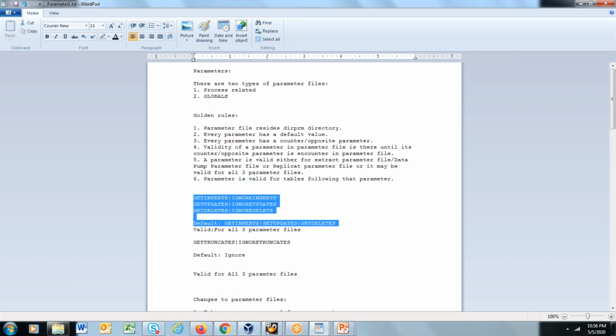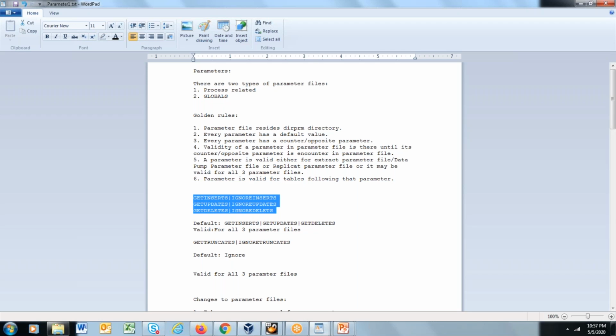Apart from that, each parameter is important, and depending on the usage, depending on the requirement, you will be using the parameter. However, if you have one-to-one replication, like source to target replication, and you don't want to do any filtration, you will be using these 8 or 6 parameters that we have discussed.